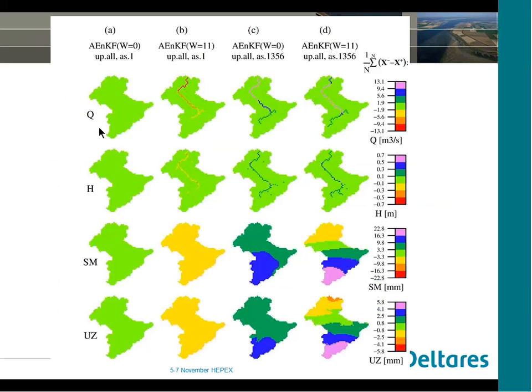I mean, it's working mechanically, but at a certain moment when the streams come together and you try to do the update, the behavior of these basins is quite different. So then you're basically in trouble because one basin is affecting the other and you don't want to do that. So you need some kind of localization method, which is typically applied also in these types of data simulation schemes. And we are working on that, but it's not yet ready to be used. But then basically you do only the update for the area for which the measurement is valid, so to speak. So you need these types of localization methods, otherwise you can get very strange results.